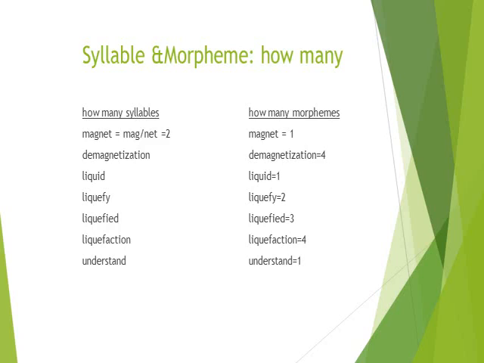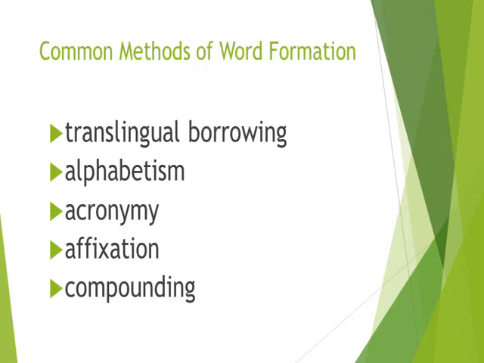Then liquefied, we have 3 syllables there, and the number of morphemes there is 3: liquid, fy the verb, and then ed the past form. Liquefaction, 4 syllables, and the number of morphemes, 4. And then understand, 3 syllables, and then the number of morphemes there is. So now let's